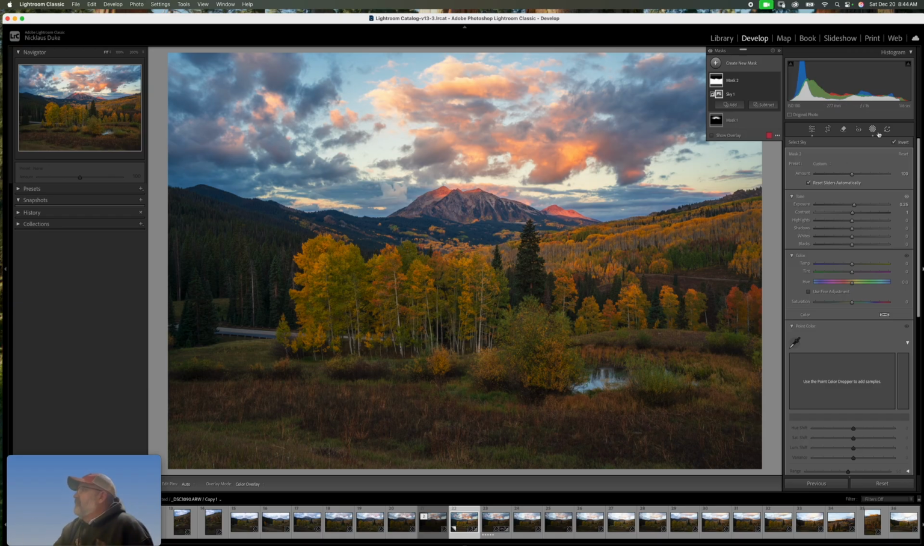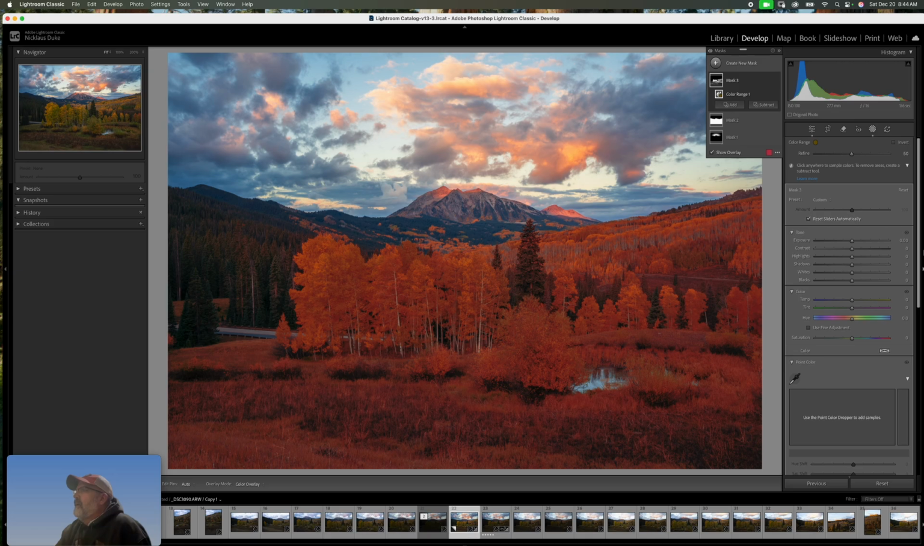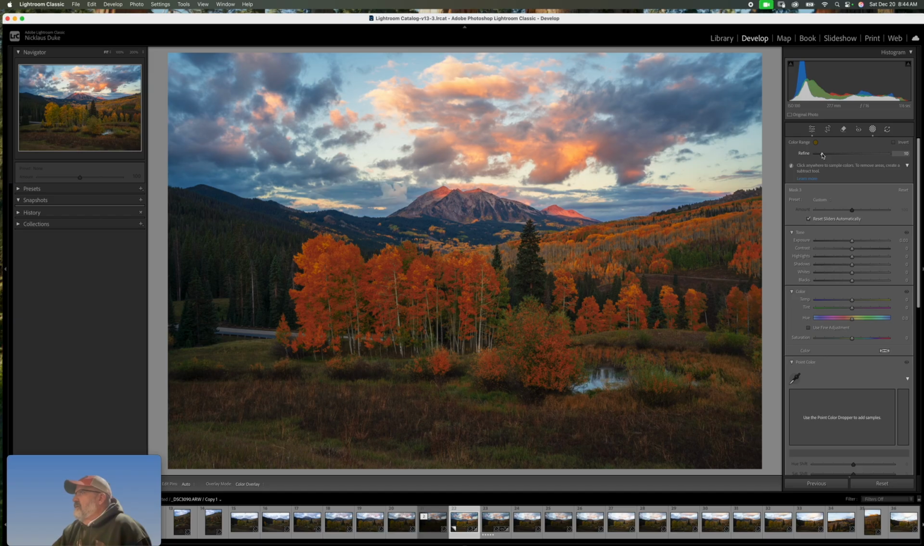So now I want to work on the trees. We're going to add a mask, and we're going to do a color range, and we're going to pick some yellow, and that is going to pick the yellows. Now we can refine it a little bit. I don't want a whole lot of the foreground, I just really want the trees. So we're going to try to stick with the trees,